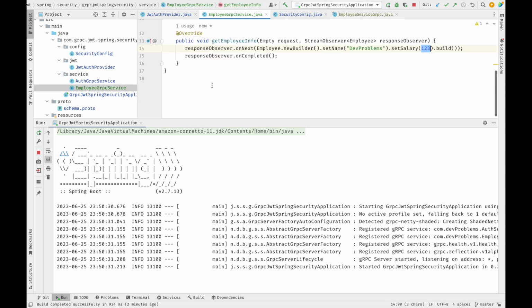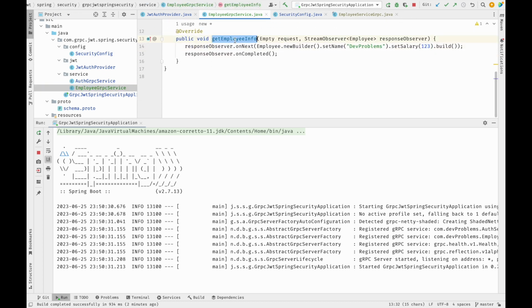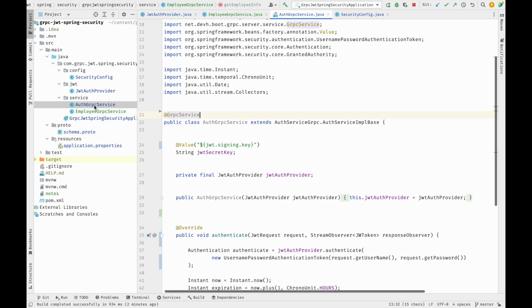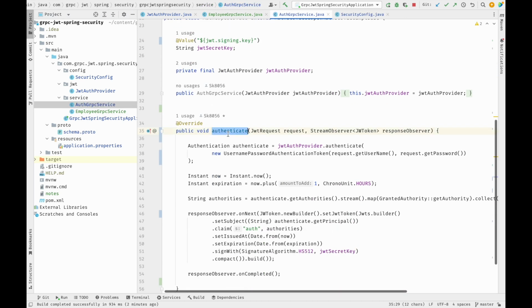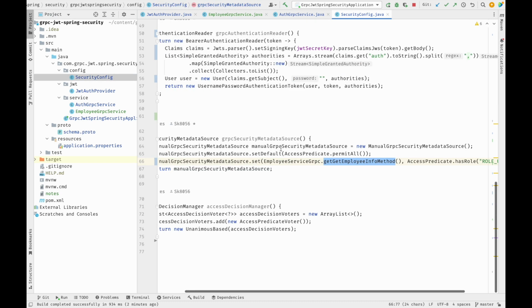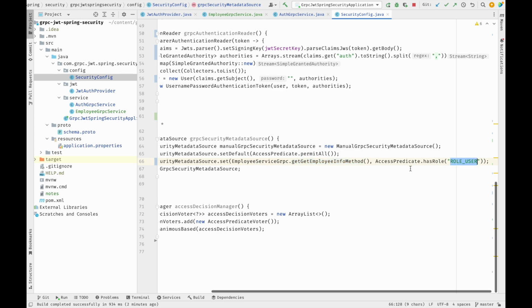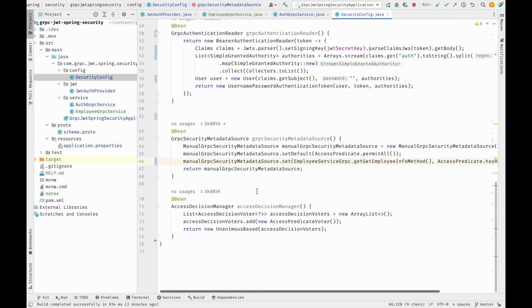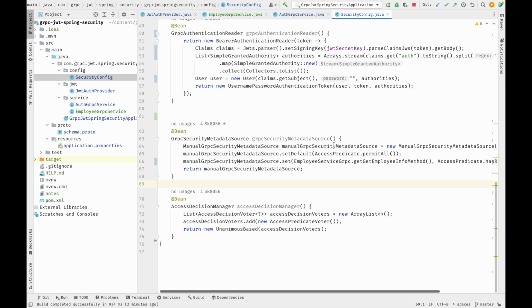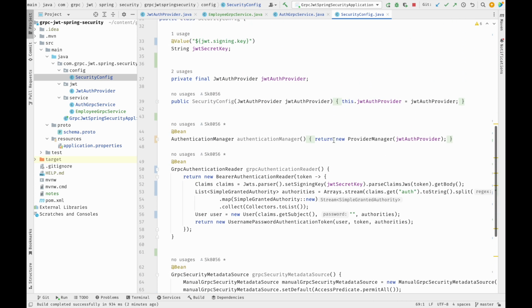So as you can see, we changed the rule and we have created the JWT from scratch, and we have understood the flow of JWT: one service method would generate the JWT and give it to the user, and another one would be the one that is always secured, and based on the rules that we have mentioned here, the JWT will be validated and the decision would be made by this particular bean whether that user has access or not. Okay, so I think this is pretty much what you need